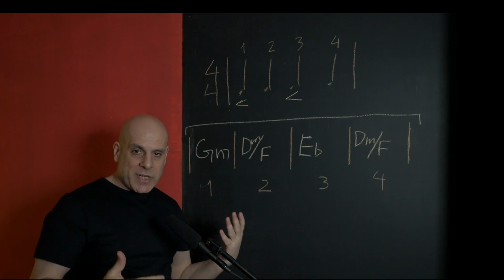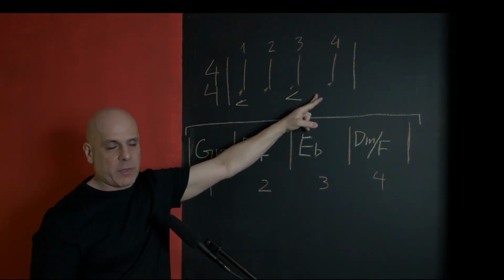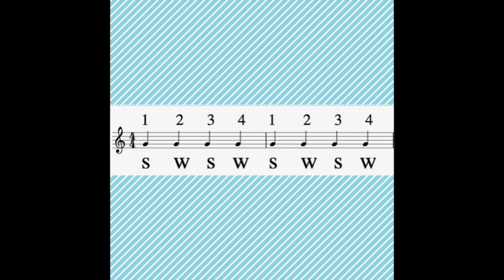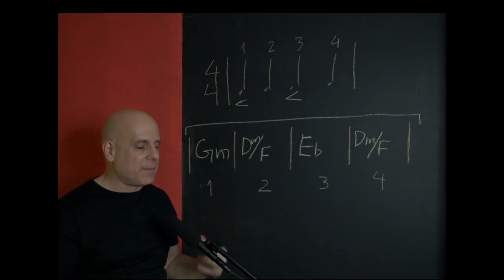Let's see now how the structure of the hypermeasure affects the melody. So right here we're seeing a typical measure, a typical bar in 4/4 meter. 1, 2, 3, 4. 1, 2, 3, 4. The 1 and the 3 are the accented beats traditionally.